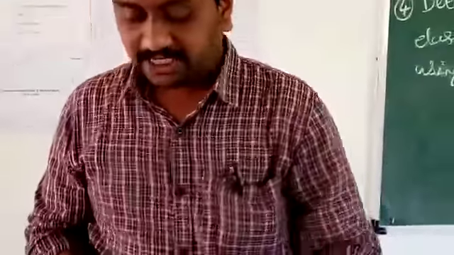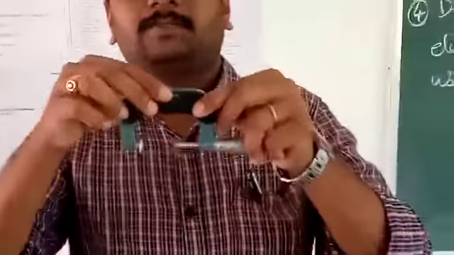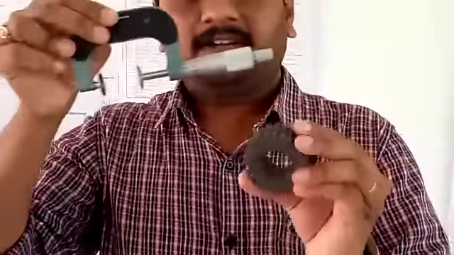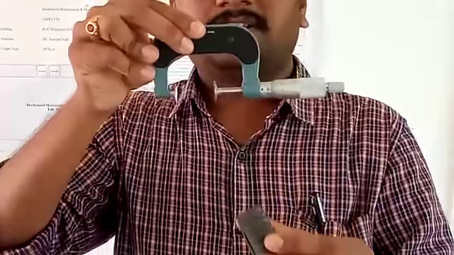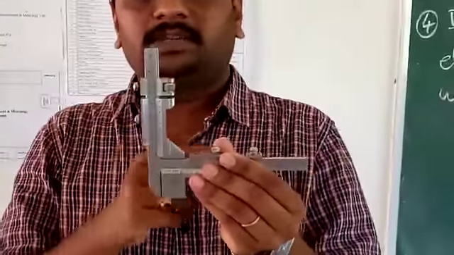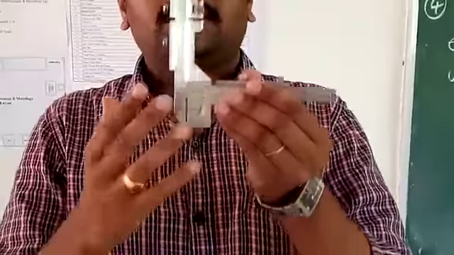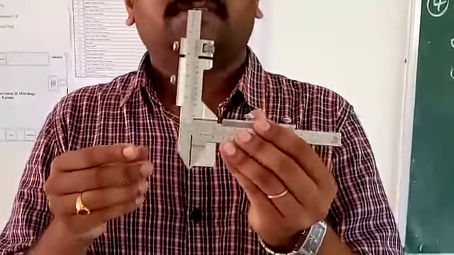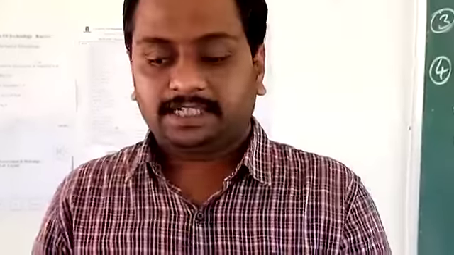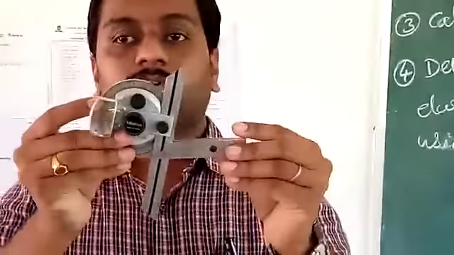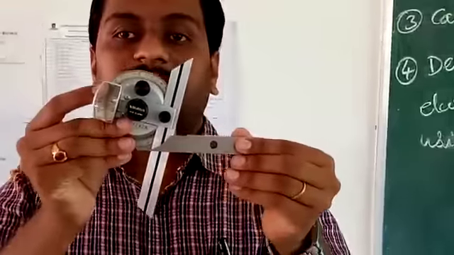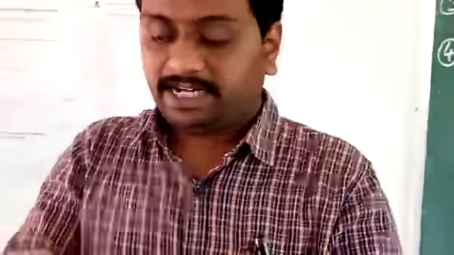And the next two things are, this is called the gear tooth micrometer. This is the spur gear where you are going to measure all the terminologies of a gear. This is a gear tooth micrometer, and this is called the gear tooth vernier caliper, where there are two things: a vertical scale and a horizontal scale. These are the two different types, one is the gear tooth vernier and the other one is the gear tooth micrometer. And the next one is called a Bevel protractor, which you use for measuring the angle of a specimen.